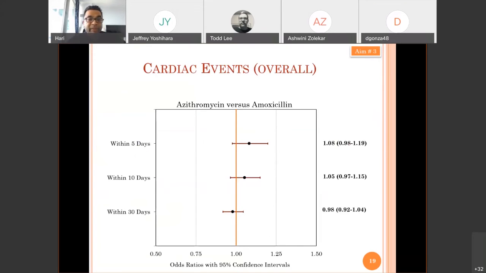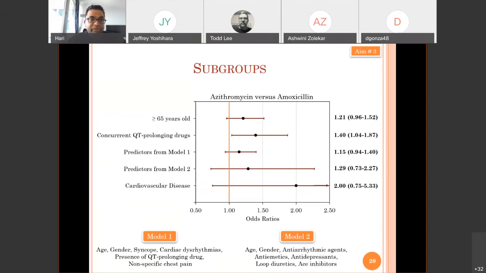So what do we find here? Well, here are the overall results. What we found at 5, 10, and 30 days, there is no increased risk of cardiac events when you're comparing azithromycin versus amoxicillin. Again, the reference group here is amoxicillin. No change. No increased risk. We're fine. The odds ratios are crossing the interval of 1,